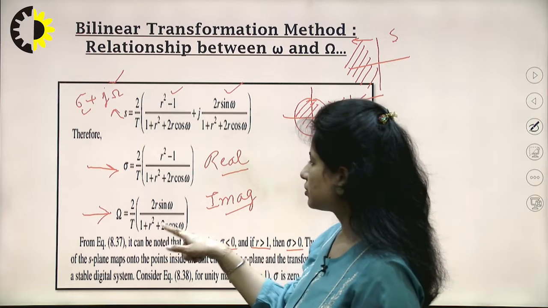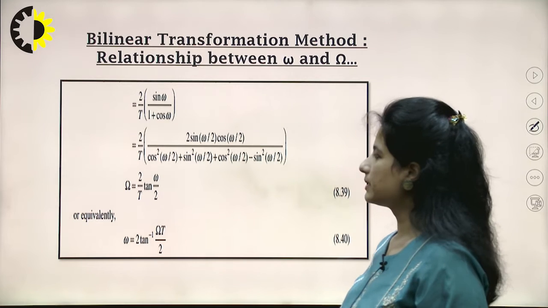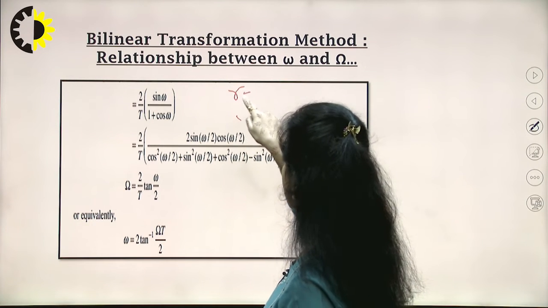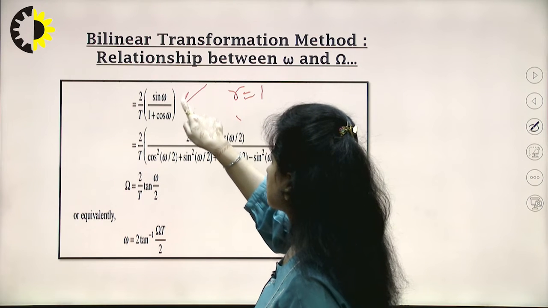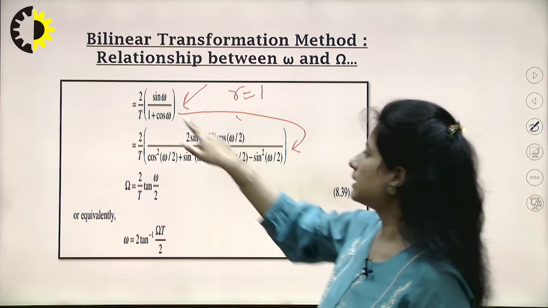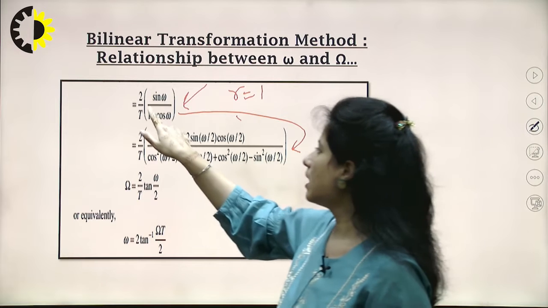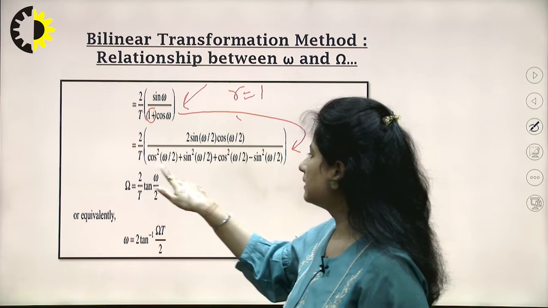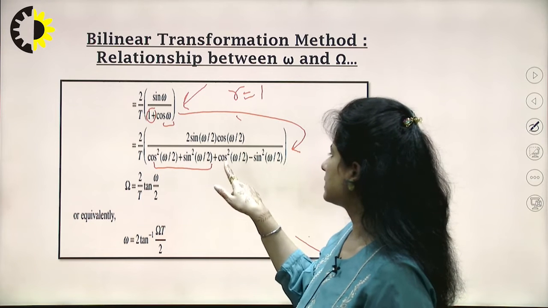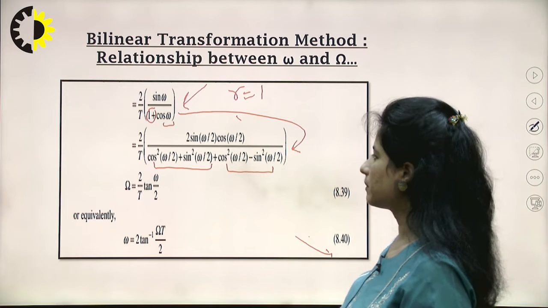So in these two parts of the given equation, I'll substitute these values and see what is the result. Once I substitute R equal to 1, the simplified expression is this. Trigonometrically, I would try to represent it in another format. Sine omega can be written as 2 sine omega by 2 cos omega by 2. 1 can be represented by the sum of squares of sine and cosine. And cos omega can be represented by cos square x minus sine square x. So this is another form of representation.